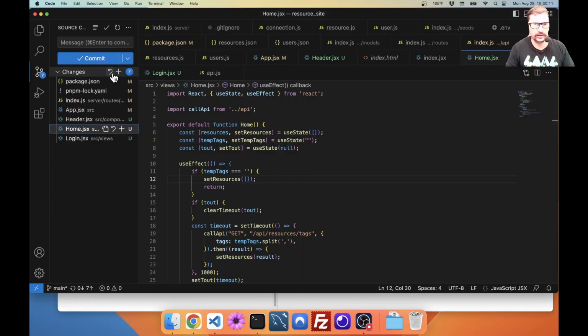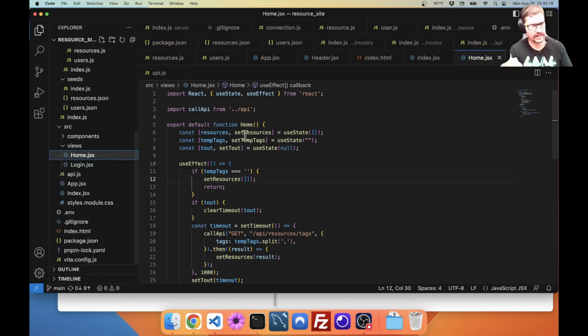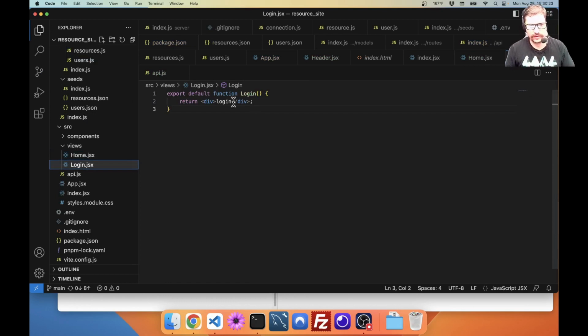So, login. Now we can say, okay, header and start of login page. See, I've gotten the 7 files. I kind of want to get that pushed. Let's take a look at our login. What are we going to want here? We're going to want a form. Okay, and then we're going to want